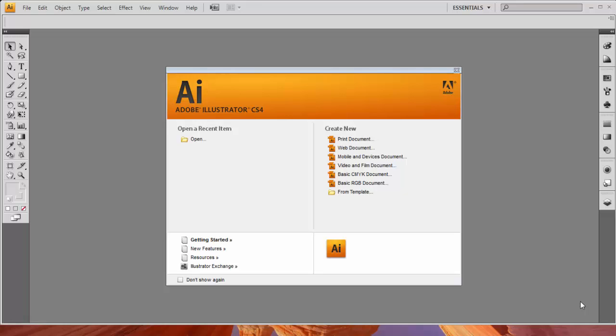After opening the Adobe Illustrator application, you will see this dialog box which contains the recent items that have been created and the option of creating a new document.